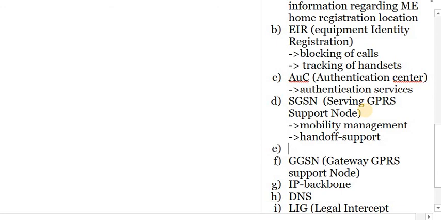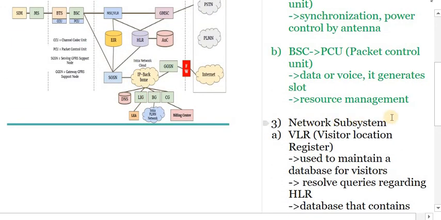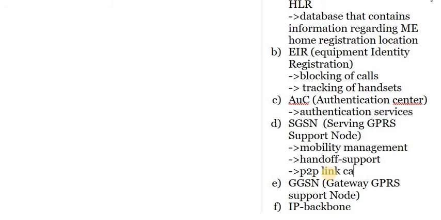And you can see the diagram. In the diagram, your SGSN communicates with the IP backbone network. In the IP backbone network, as I already taught you in the class, we have to use mobile IPv6 as well as some modified TCP protocol in order to provide the IPv6 capabilities. So this point-to-point link capability is provided by the SGSN.